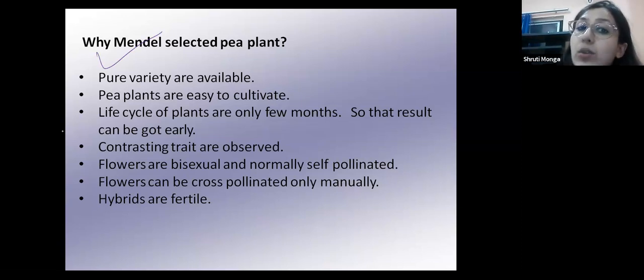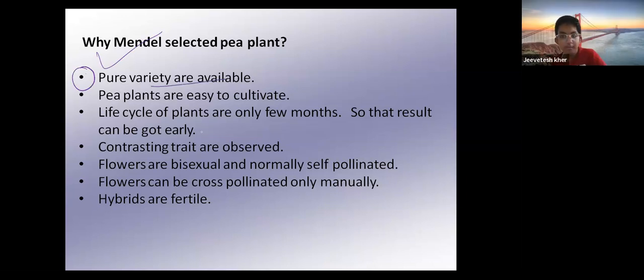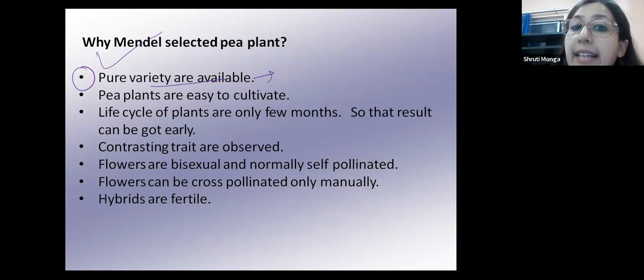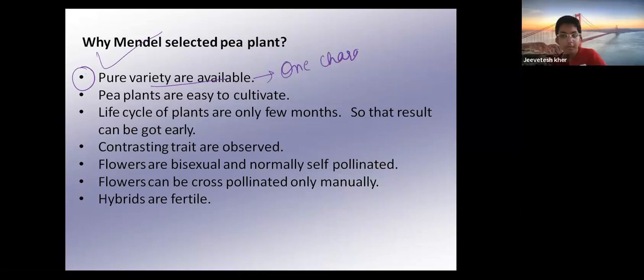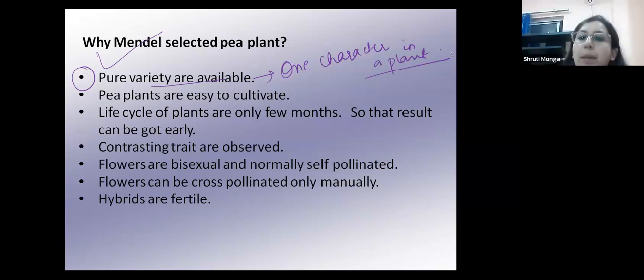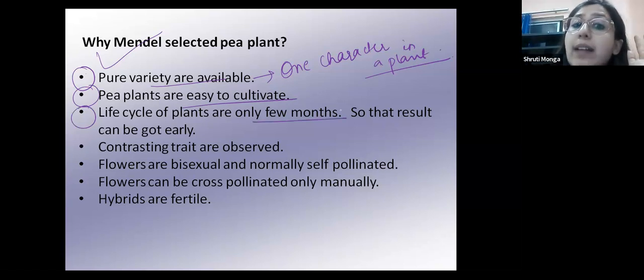Why so? Because the pure variety for pea plants is available. Pure variety means one character in a plant. ठीक है, प्योर वैरायटी। ऐसा नहीं है कि उस प्लांट में बहुत मिक्स ऑफ कैरेक्टर्स उस टाइम पे हो रहे हैं। प्योर वैरायटी इजीली आप ऑब्टेन कर सकते हो जिससे कि क्रॉस के टाइम कोई प्रॉब्लम ना आए। सो फर्स्ट, प्योर वैरायटी अवेलेबल। सेकंड, पी प्लांट्स आर वेरी इजी टू कल्टीवेट एंड ग्रो। कोई झंझट नहीं है, कोई प्रॉब्लम नहीं है, तो इसलिए उन्होंने ये चूज किया।